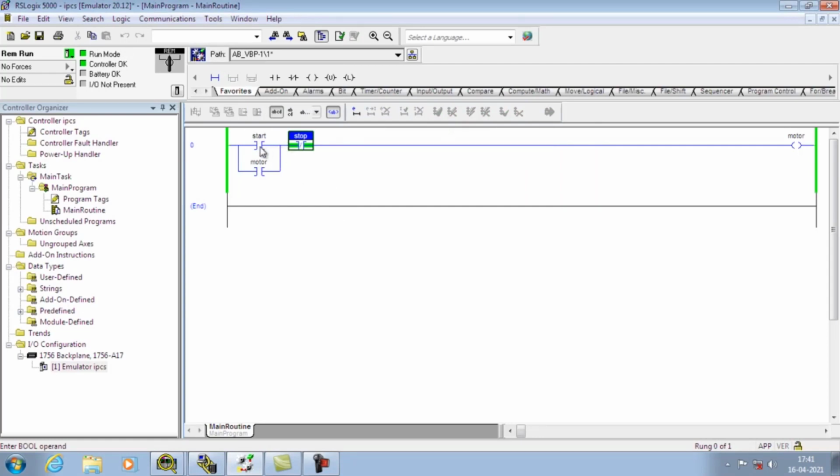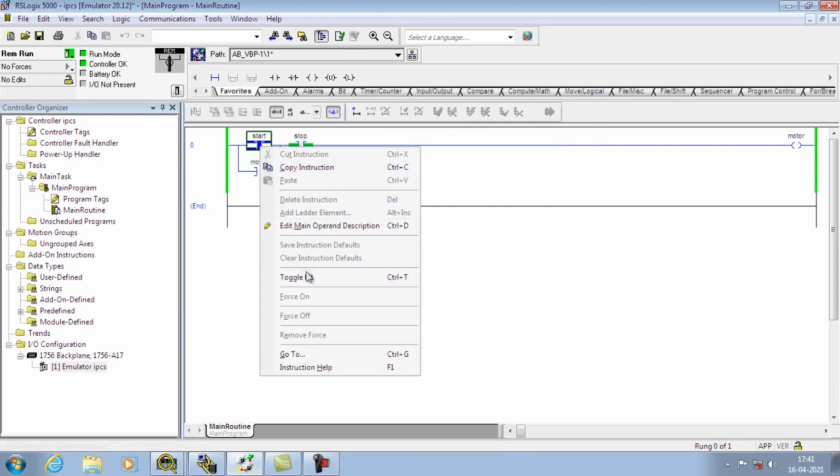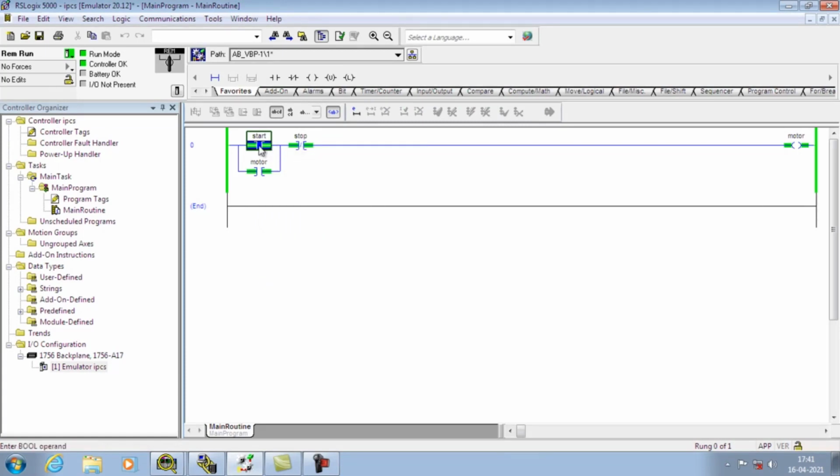So the program is downloaded. Here we can toggle using this option. So the tags are working, but the tags are not connected to any IO. Okay, for a simple NO and coil, we have created some Boolean tags.